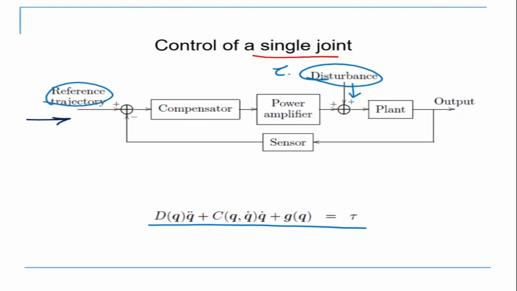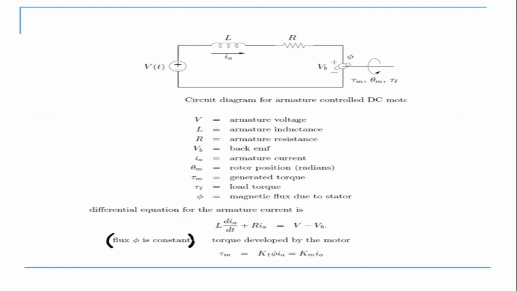Now when we say design of a controller, what we basically mean is that this is my compensator or controller here. So it can be a PD controller or a PID controller. Okay, so basically what we are trying to see is what should be the voltage input to the motor that is going to get my desired output from the link. Okay, so how do we proceed? We say that we have a motor and we are giving voltage to the motor. So let us look at the motor diagram.